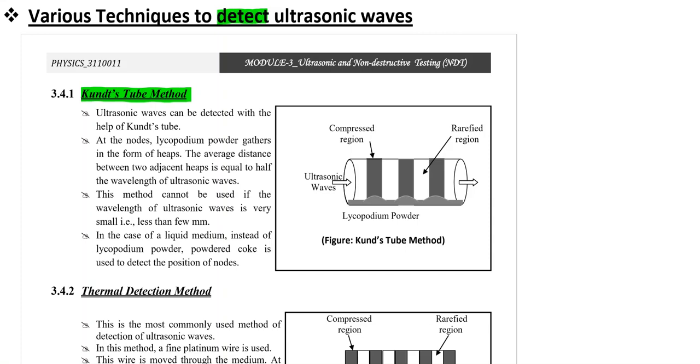In all the ultrasonic detection techniques, how can we identify that the given sound is ultrasound or not? It is very simple. We have the equation V equal to F lambda for the velocity of a sound wave. Now if in this equation we get F greater than 20 kilohertz, then we can say that the given sound is ultrasound.